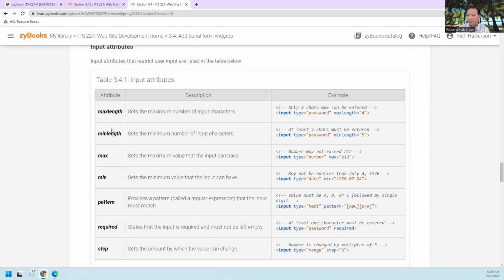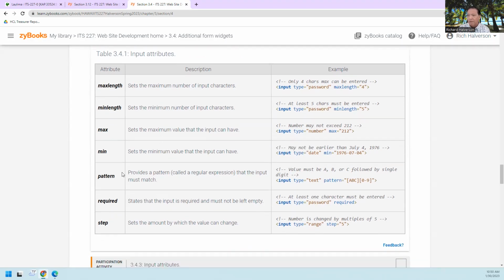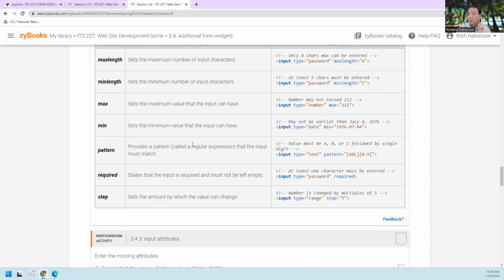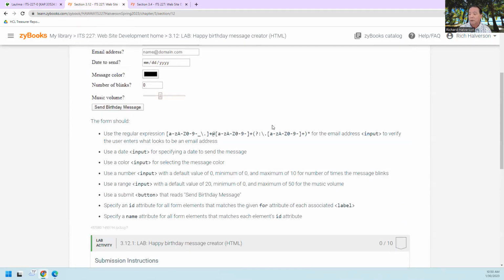We know about minlength and maxlength. There are values, maximum values. Pattern is what can enforce a particular regular expression pattern, and required is what we use to require a form field, and so on. There's step also. And so this regular expression here,